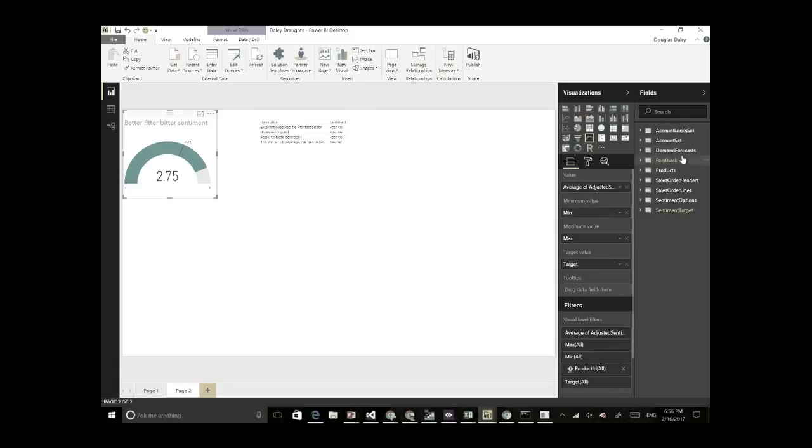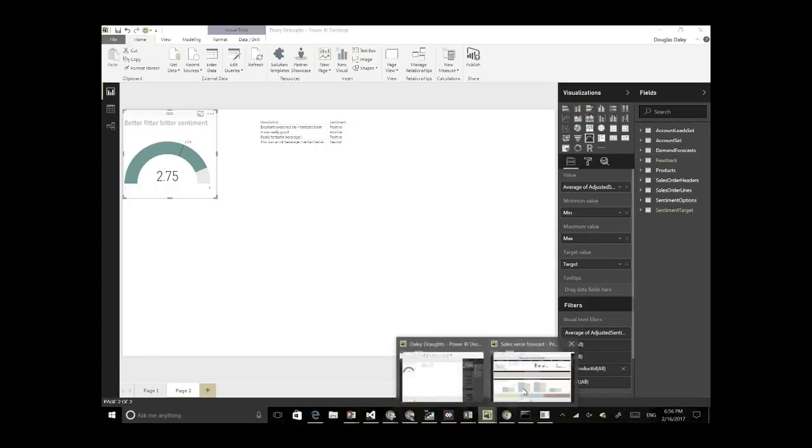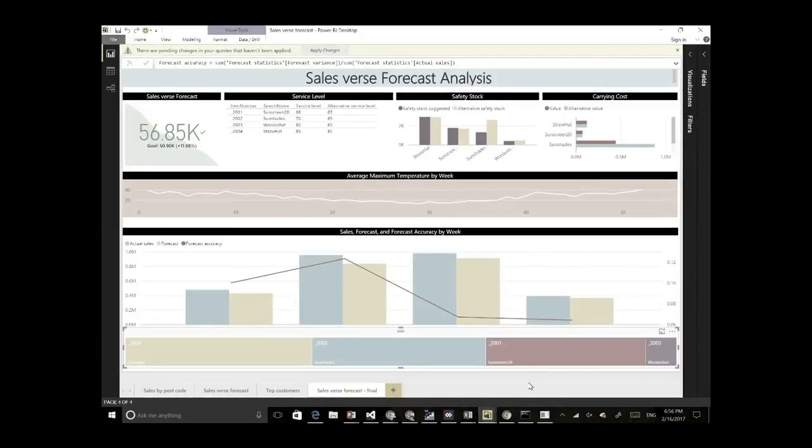And we've also started to do things like pull in sales order history and demand forecasts, and that gets really rich. We can start to do a huge amount of stuff with it. Now, I didn't have time to build it all for this data set, and we didn't have enough historical data, but you can start to build out things like this, which do quite meaningful analysis of your sales versus forecast